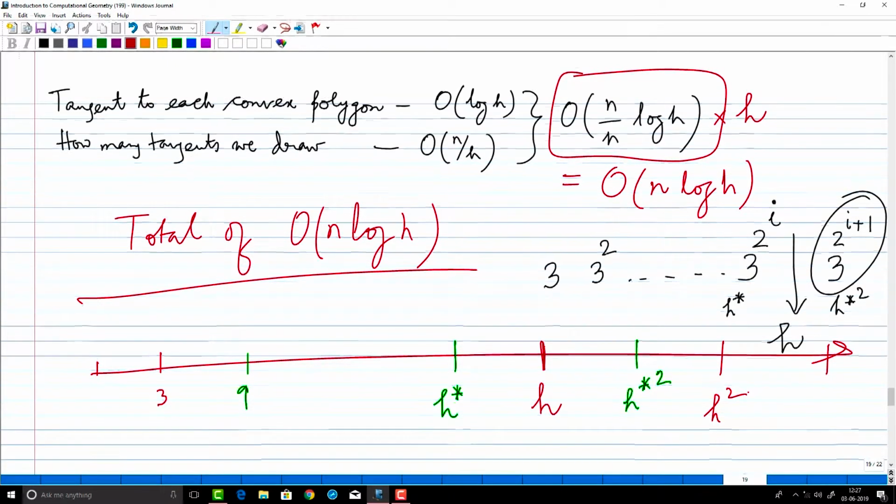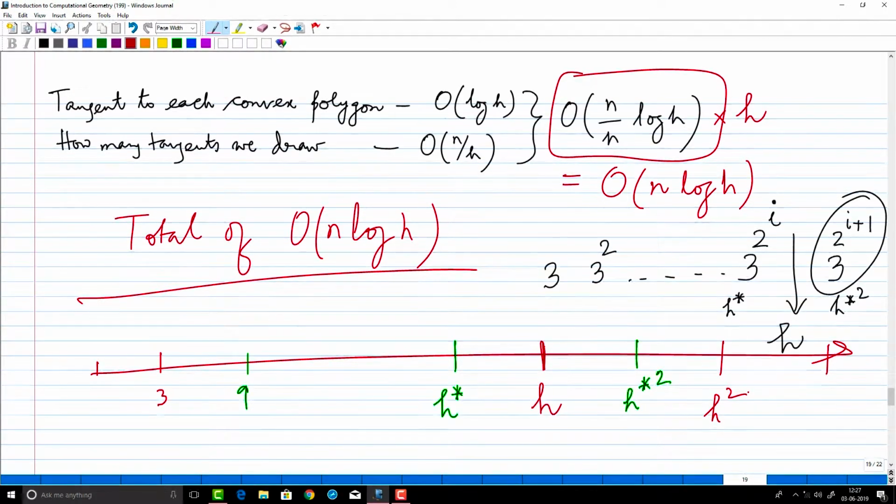The earlier routine which I said, that when you know h is kind of a black box. How many times do you call it? You start with 3, then you call it with an estimate of 9, then you call it with an estimate of 81, right, that is 3 to the 4, then you call it with 3 to the 16, keep going, and sooner or later, mind you, the moment you have crossed h, then you will surely wrap back,